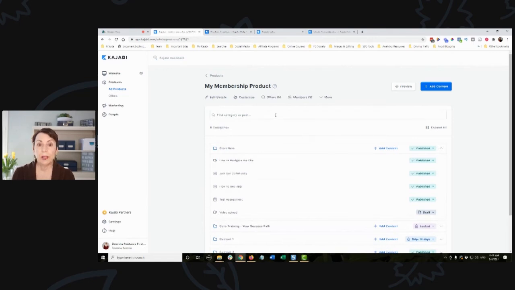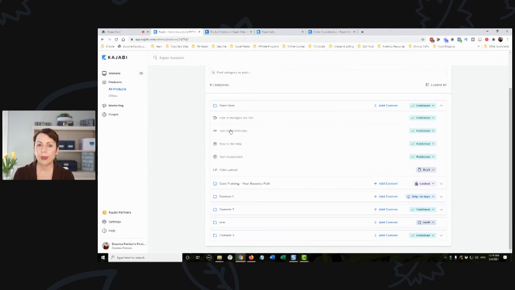It gives us some additional options here where you see your offers. You can see how many members own this product. And then with the more, here is where you would manage comments. You would publish your announcements, which I think is a very underutilized function in all Kajabi products, and it's super, super important. Viewing progress and the ability to clone that product if you wanted to create a new one and then perhaps change and update the content. What we have now is everything.